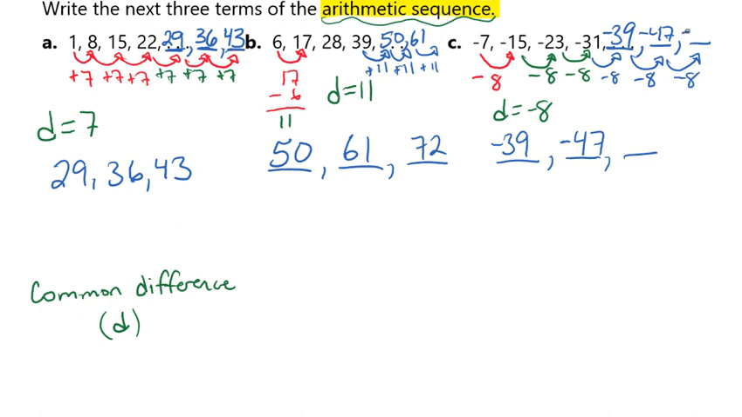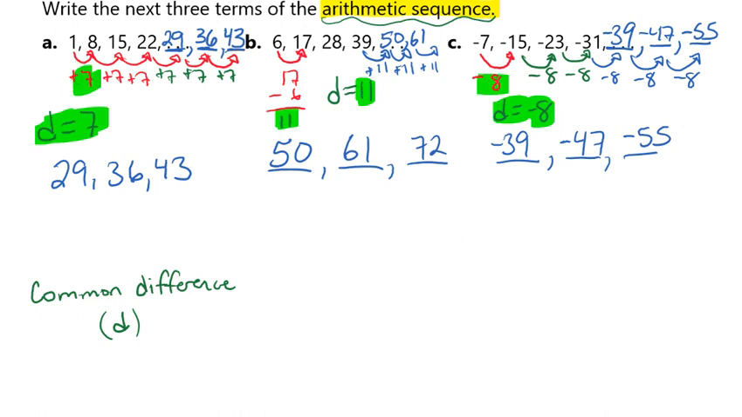So I have -47. So if I owe you $47 and I borrow $8 more, that means I'm going to owe you $55. So I have a negative 55. And so that's how to find the next three terms of the arithmetic series, or sequence rather, and it's also how to find your common